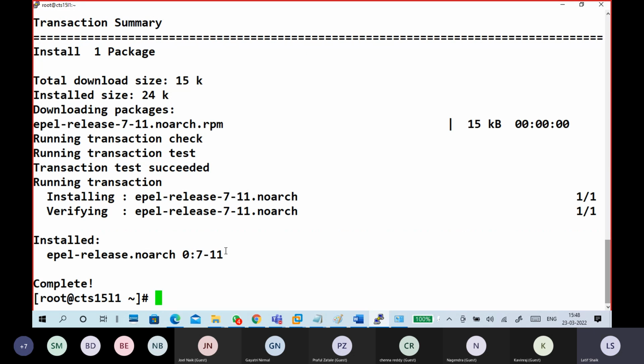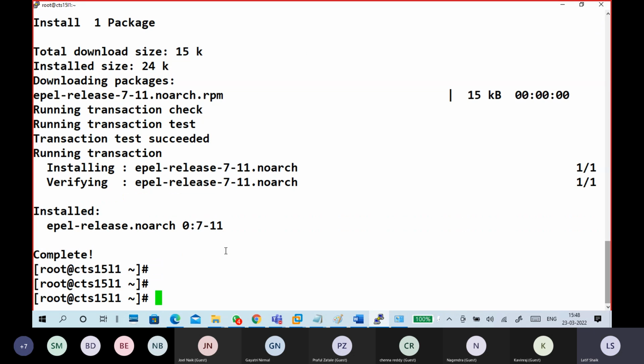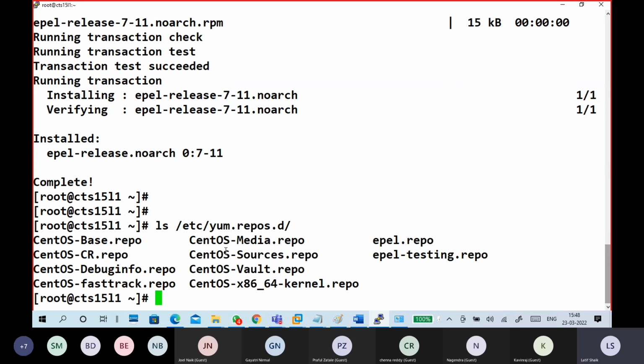Okay, next. Once it is installed, I will show you one location: /etc/yum.repos.d. You can see there's something newly added. What is that? epel.repo and epel-testing.repo. If you want to read about it, go to epel.repo.